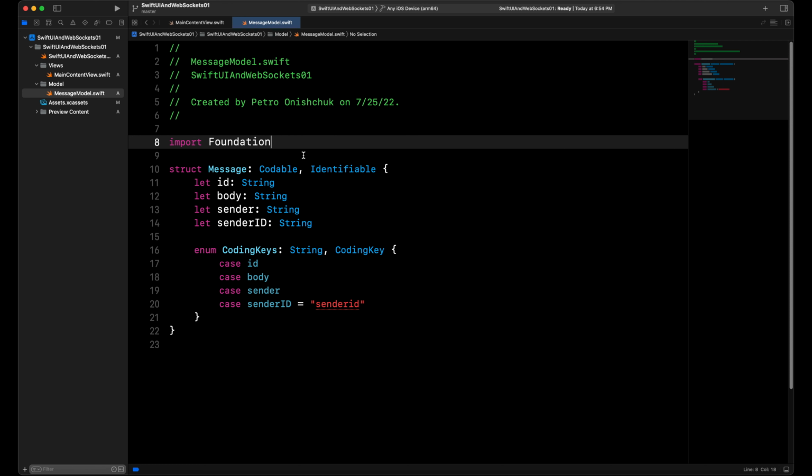Now, to connect to our Piesocket WebSocket server, I must create a view model and also a view. Inside our view model, we will create functions for working with our WebSocket server and also for working with our view. After I create our view model and our view, I will explain how you can connect to our Piesocket WebSocket server and also explain our view. For example,